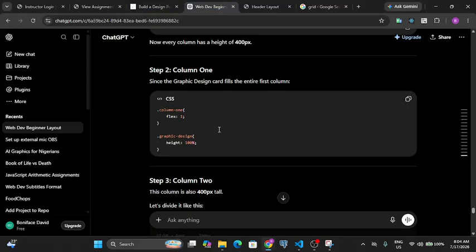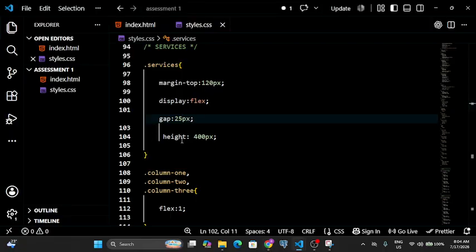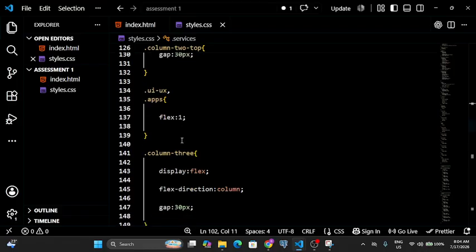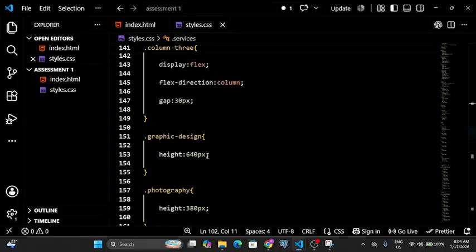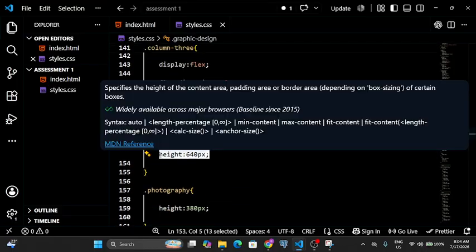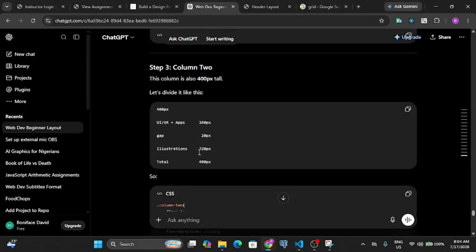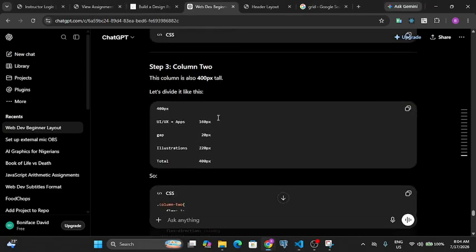Since the entire first column says graphic design 100%, we go back and look for graphic design. Yeah, this was what I was expecting it to do, although it's 640, it was stopping. Now column 2, so UI UX plus apps should be 160. All right, gap is,